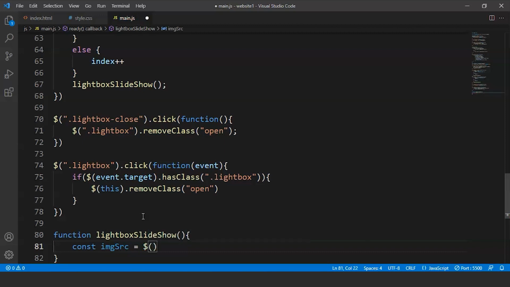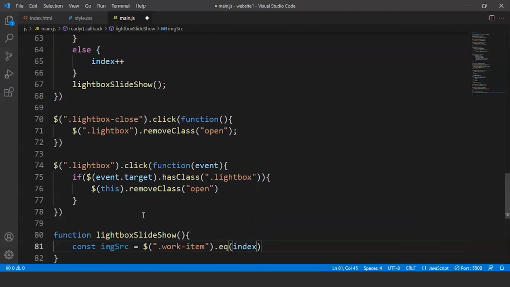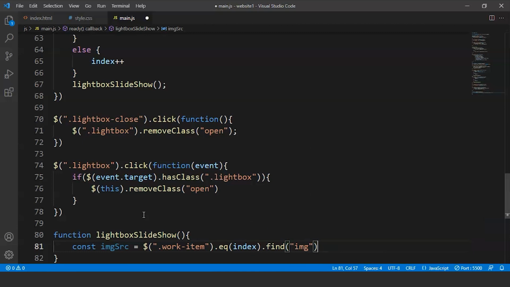We'll write here dot work item. Then we'll write here dot eq index. So basically we are taking the index, we are going to find the image. We'll write here dot find. We'll write img inside this, and then we'll write attribute over here. So we'll write attribute. Attribute is data large. Fine. So we'll write here data large,